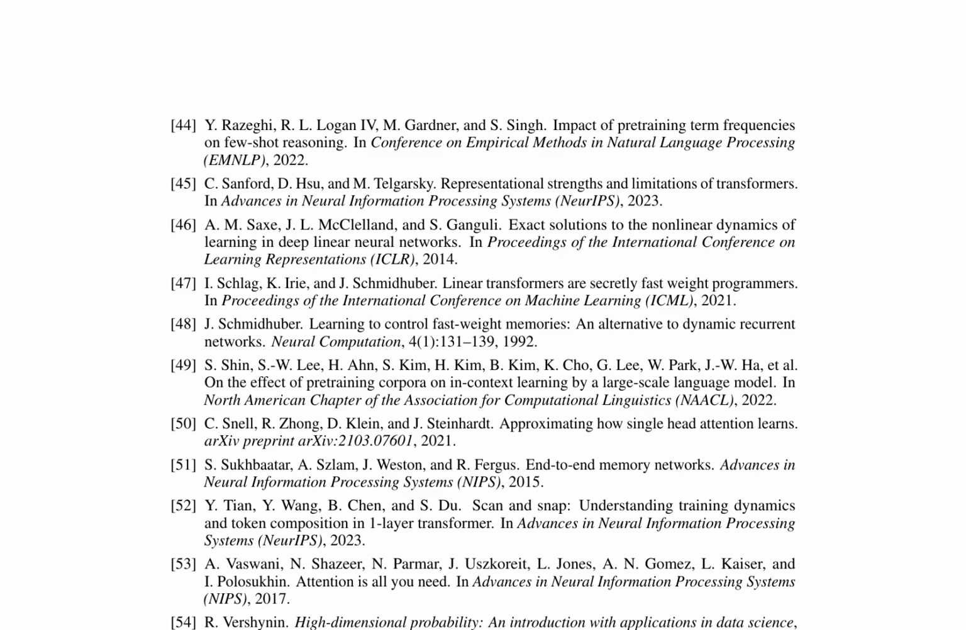The authors provide a comprehensive list of references related to transformers, attention mechanisms, and associative memories. These references cover various aspects of transformer architecture, including their strengths and limitations, as well as their applications in natural language processing and few-shot learning. The authors then delve into the properties of associative memories based on outer products of